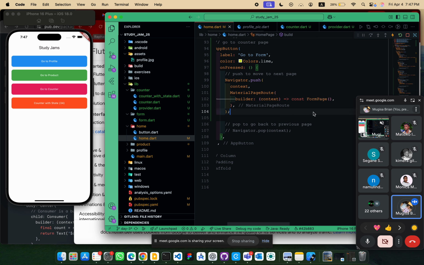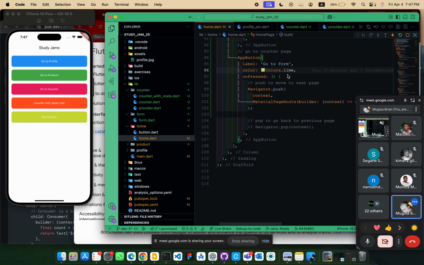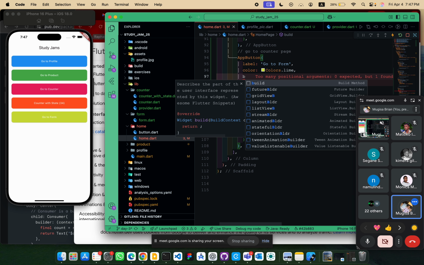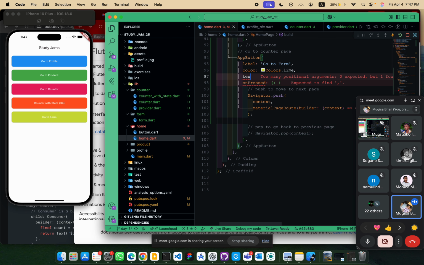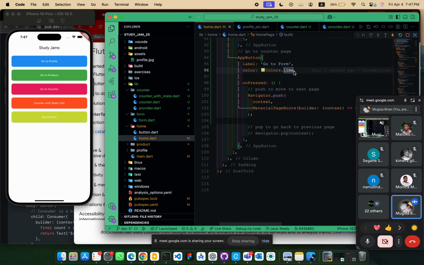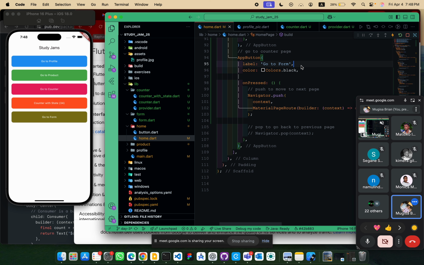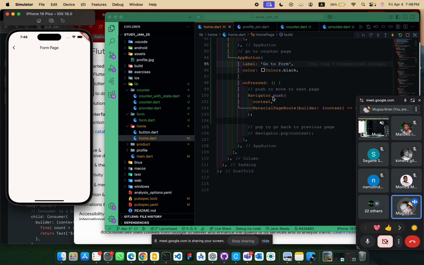It should go to that form page, like that. Let me see, text color, let me choose a darker color, maybe lime 900, like that. Yeah, or black actually, for visibility. So when you tap here, it will take us to the form page,